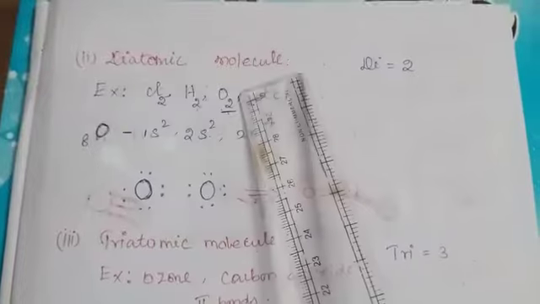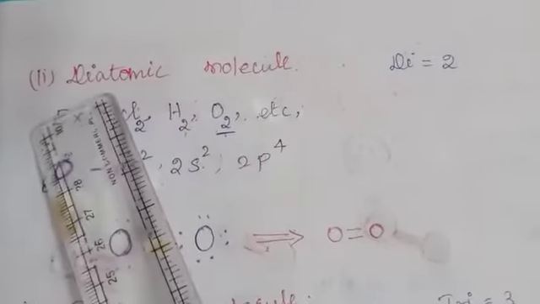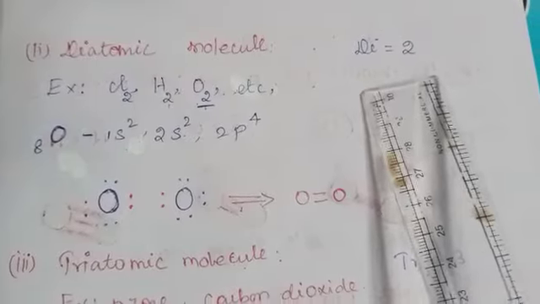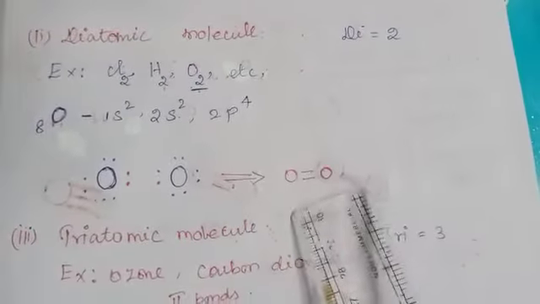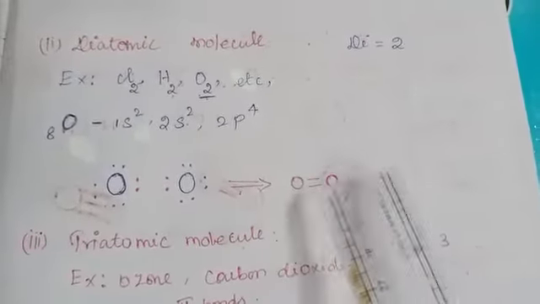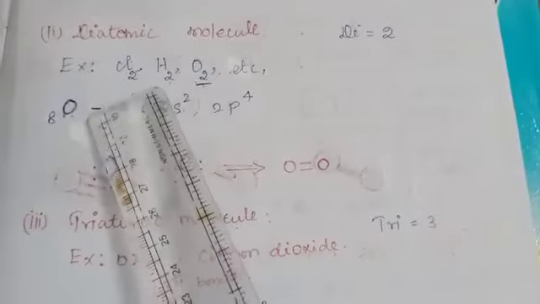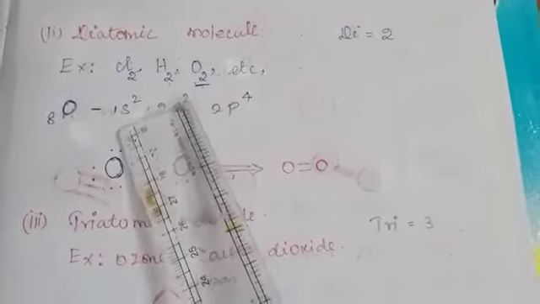Then diatomic molecules. What is meant by di? Di is 2. A molecule which contains 2 atoms is called a diatomic molecule. For example, oxygen, chlorine and hydrogen. Here you can see